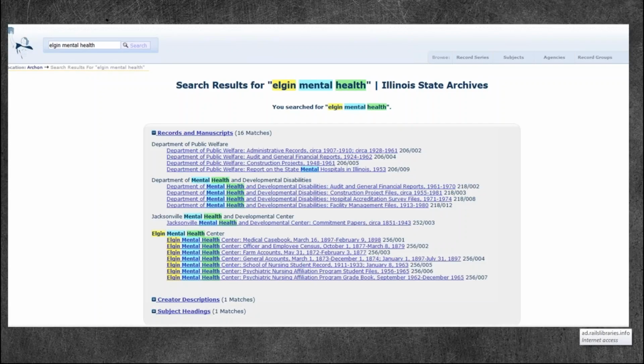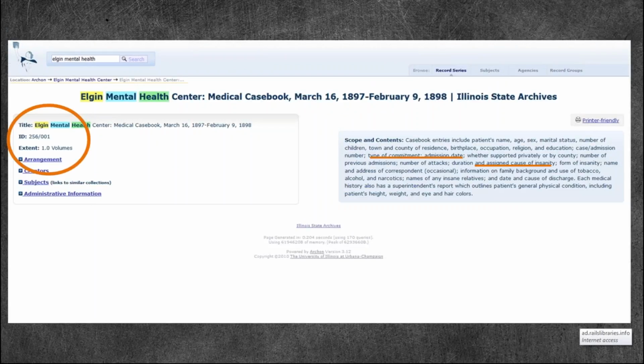But if a patron comes up and says, I have an ancestor who's listed in the 1880 census as being at Chicago State Mental Hospital, or the Kankakee Asylum, then you can direct them to the State of Illinois Archives page, and then they can start to do the research on the records themselves.